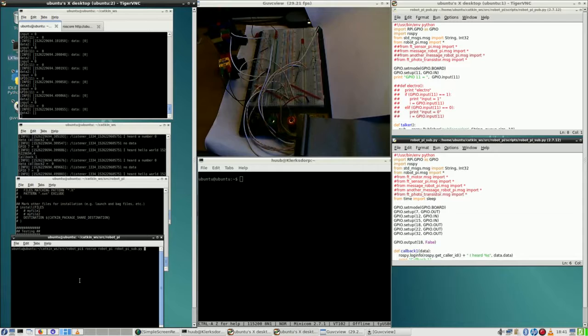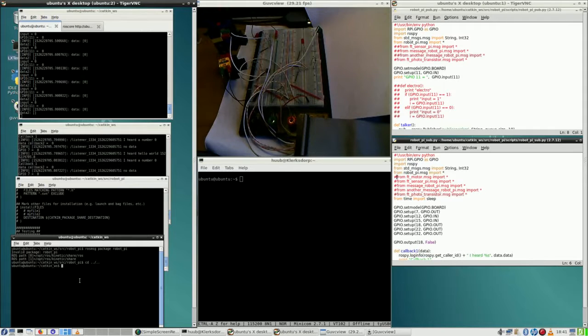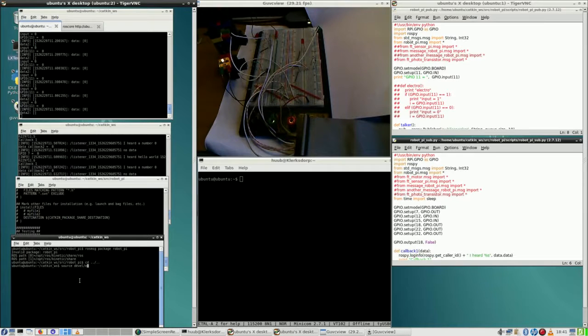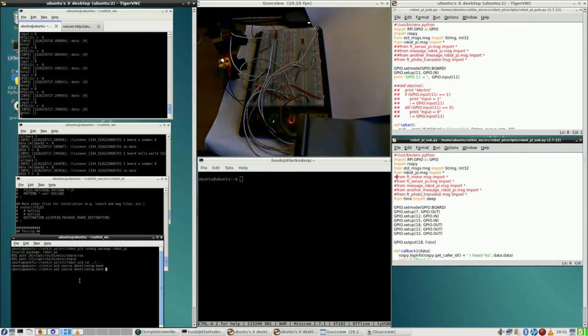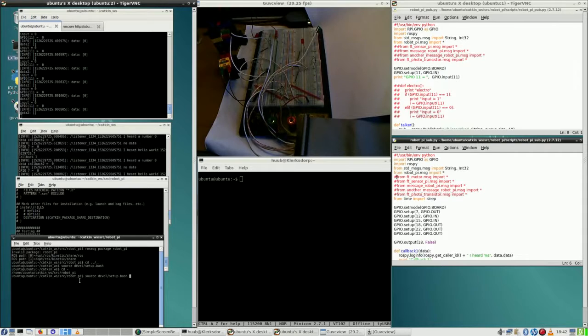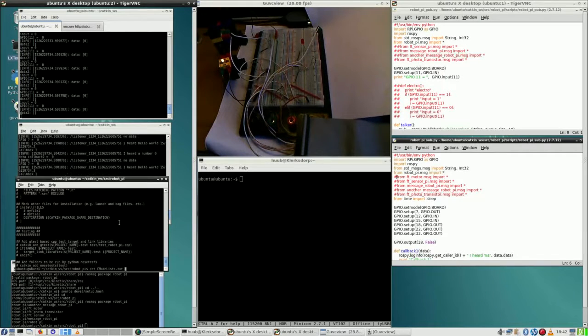Then ROS message, yes. And oh, I have to source first, which I have to do from here. Without sourcing, I can't do anything. So back to this one. ROS message. Yes, now I have this list, and now